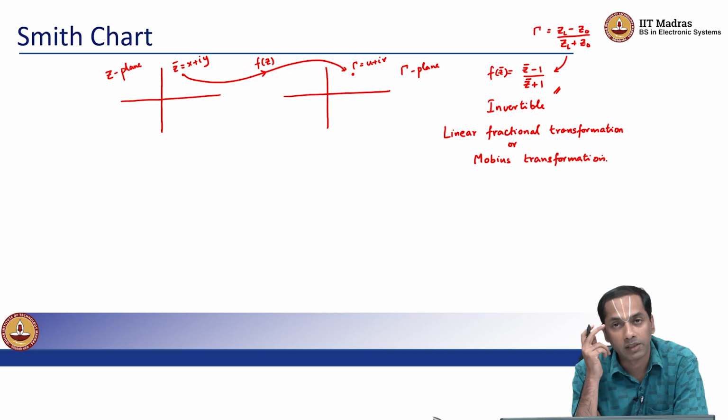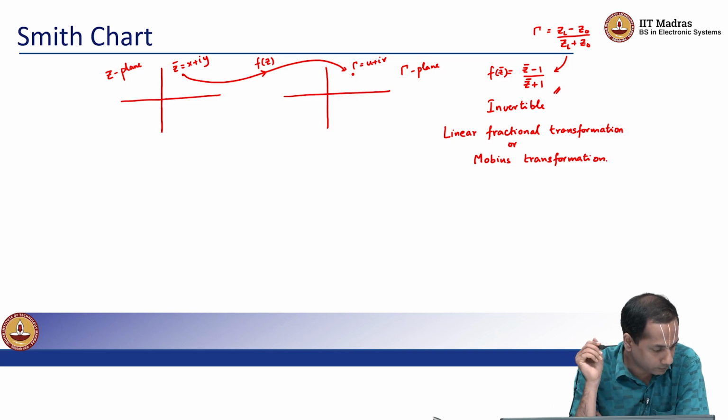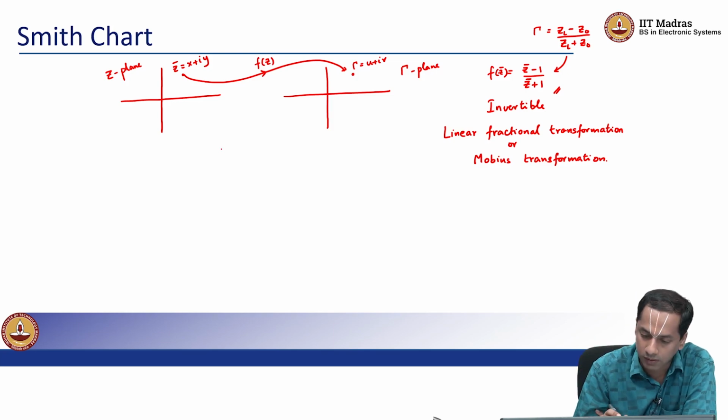Of course, mathematicians have explored these maps very extensively. We don't need to go too deep into that. We just need to understand, for our specific case in electrical engineering, what these maps tend to do. So this analytic function f of z is a conformal mapping that essentially maps